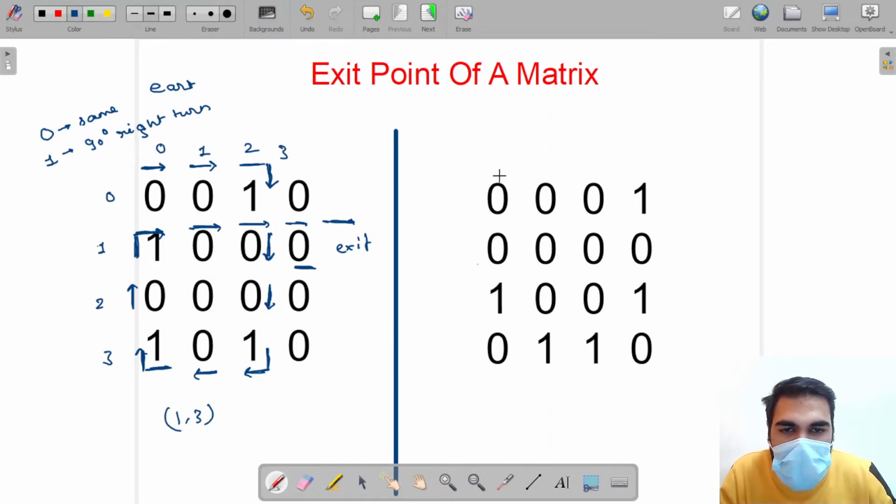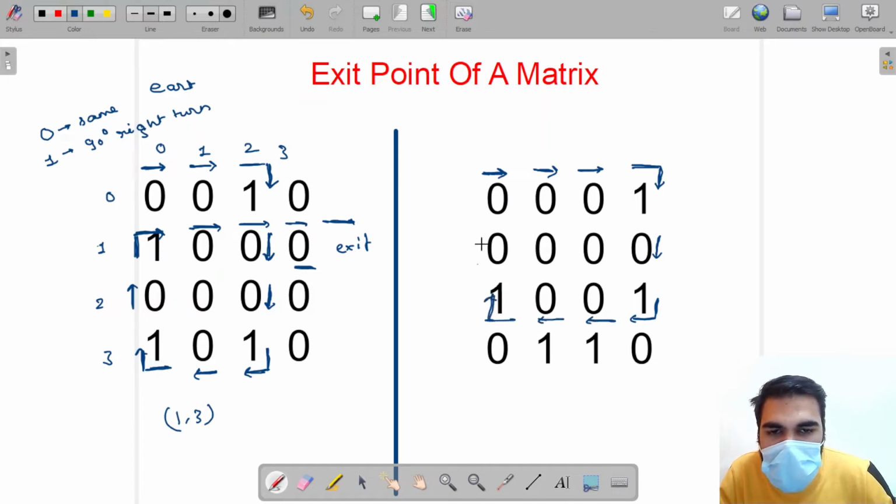Similarly, we have to discuss this test case also. We move from the top left corner. We encounter 0, so we move in the same direction. 90-degree right turn. Same direction. 90-degree right turn. Same direction. 90-degree right turn.